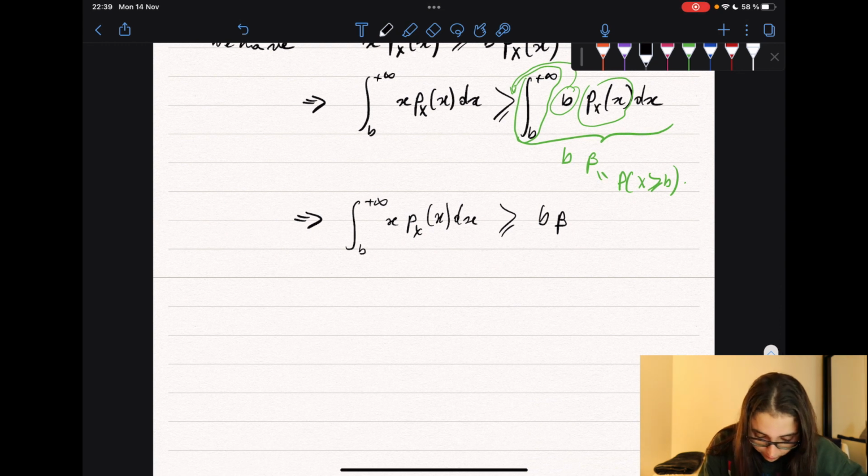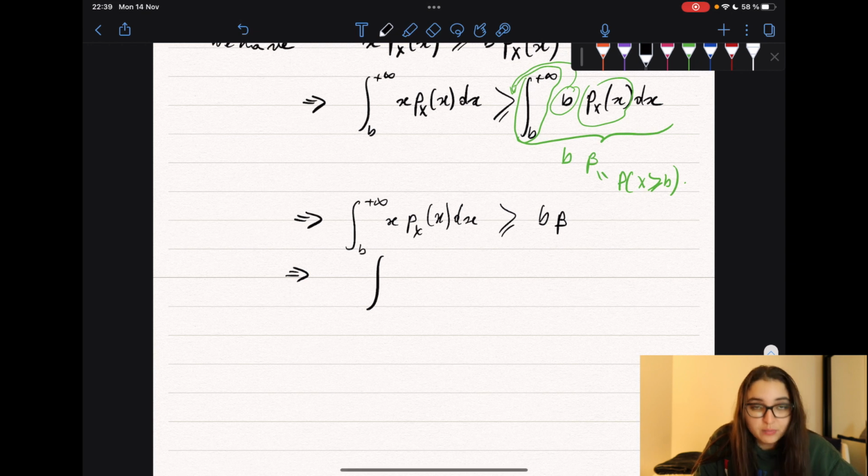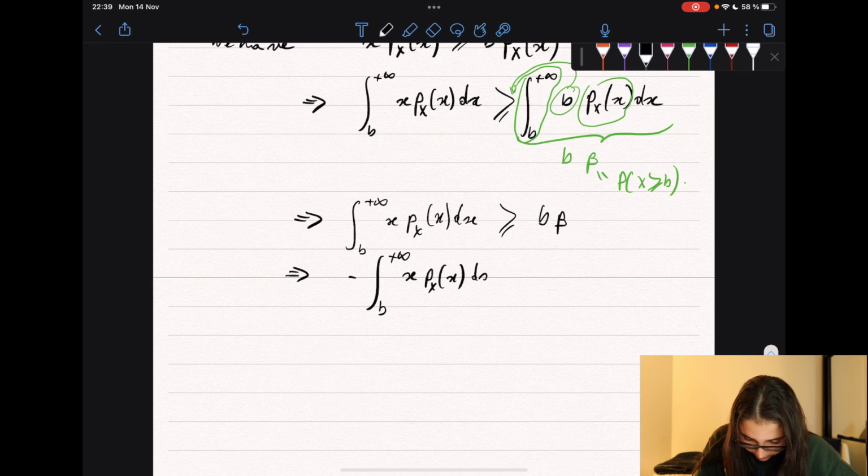Since we're going to multiply this inequality by -1, this time it will cause us to invert the direction of the inequality because we are multiplying by a negative value. And so minus the integral to plus infinity of x times px(x) dx is going to be less than minus